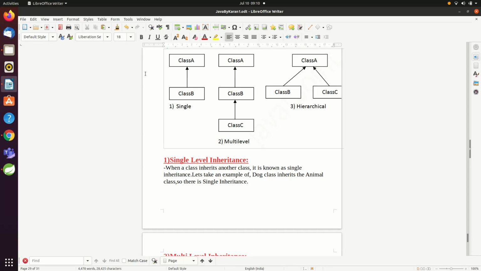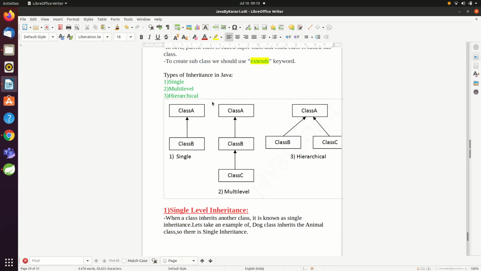Hey guys, until now we have seen single level and multi-level inheritance, and in this video we will see about multiple inheritance. So look at this picture guys, you will get an idea about single level, multi-level and hierarchical, the exact difference between it. So precisely talking about the differences in single level, multi-level and hierarchical, you can see in this picture only one class B inherits class A.